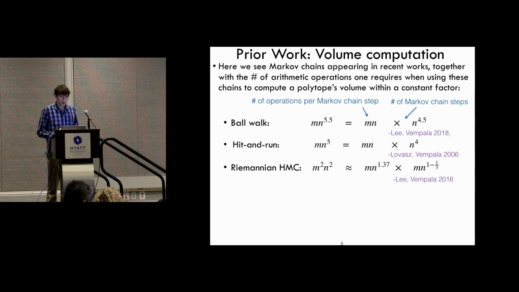The number of arithmetic operations depends on two things. First, the number of Markov chain steps that the Markov chain requires to compute the polytope volume. And it also depends on the number of arithmetic operations we require to implement each individual step of the